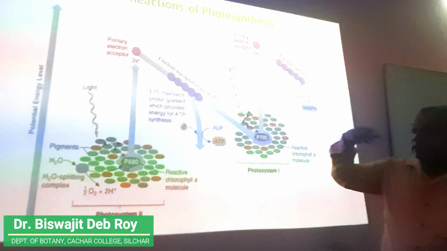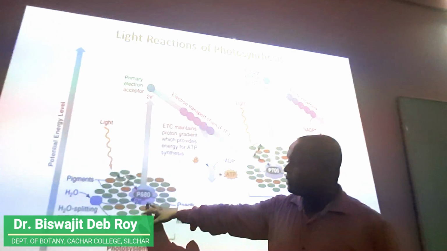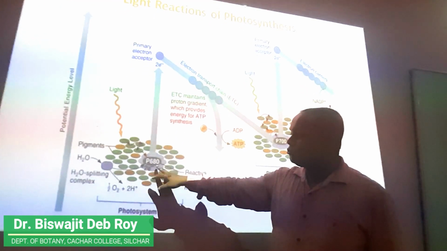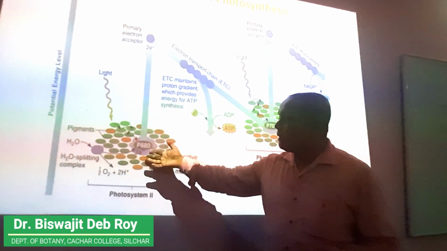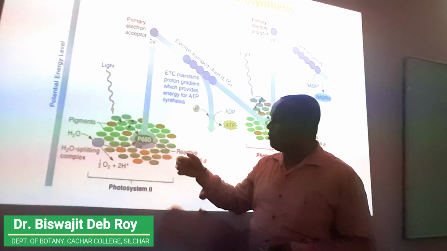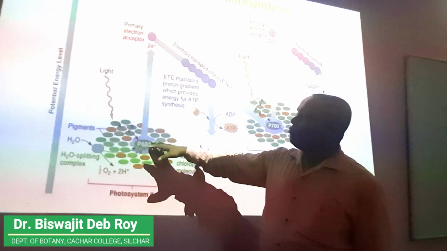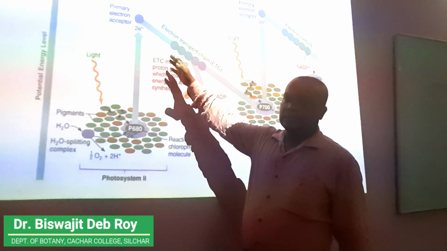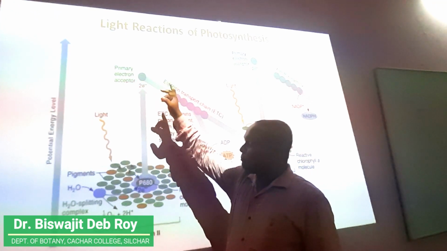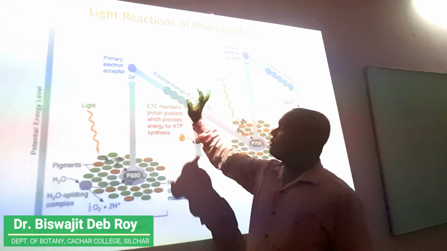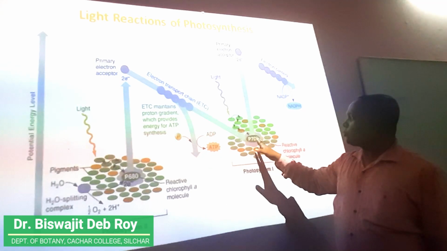When they transfer the energy to the reaction center, what happens? Say they transfer the energy to the reaction center of photosystem 2. Then when energy is transferred, that means electrons will be transferred. It will have more electrons. Then these electrons will be given to its nearest acceptor, which is the primary electron acceptor of photosystem 2, which is a pheophytin. Then it will transfer it to plastoquinone A, plastoquinone B, the cytochrome b6f complex and plastocyanin.